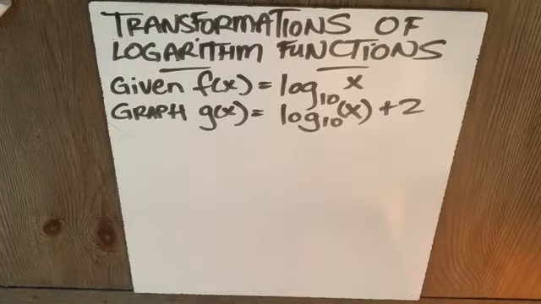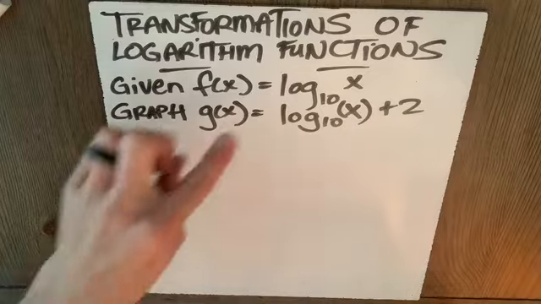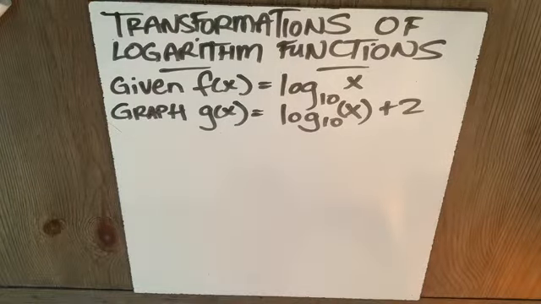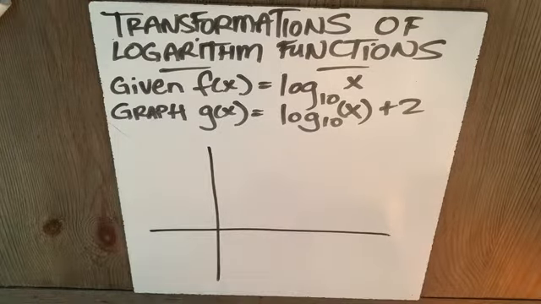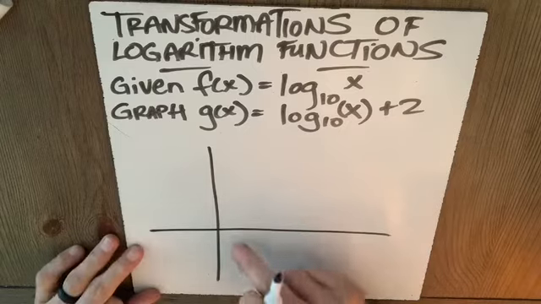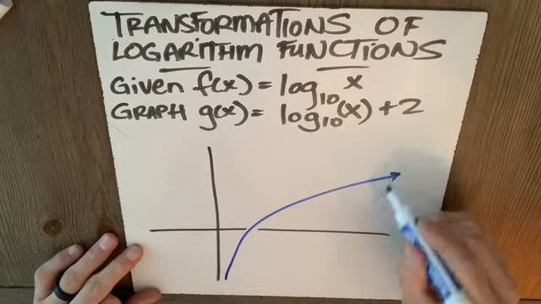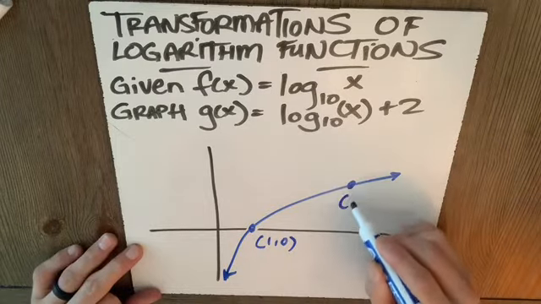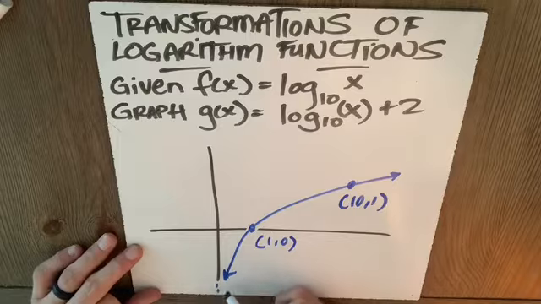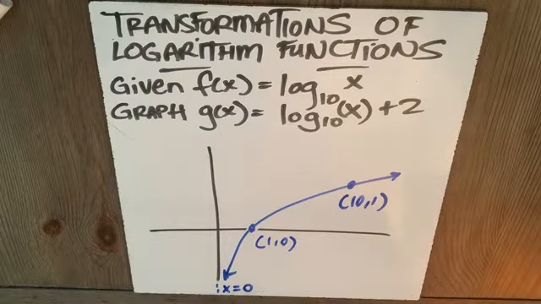Here's another example of a transformation. We're asked to graph y equals log base 10 x, all outside the parentheses, plus 2, given that our parent function is y equals log base 10 of x. Again, not so bad. Here is our parent function. We know what she looks like now, right? 2 points and an asymptote. I know that the parent function goes through 1, 0 and 10, 1, and has x equals 0 as the